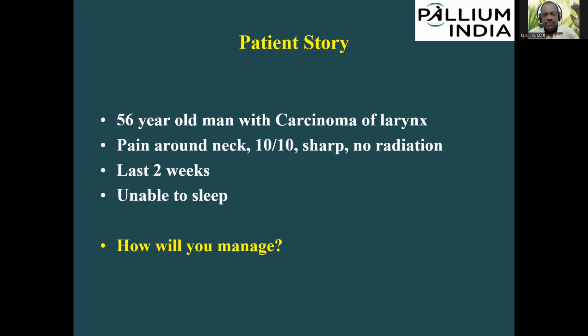So here you have to use opioids from the third step. What are the opioids that come in the third step? Or which opioids are used for treating moderate to severe pain? Can you name a few? Which are available? Morphine, methadone, and one more, fentanyl. These are the only three opioids available in India for treating severe pain. Those are the opioids coming in step 3.